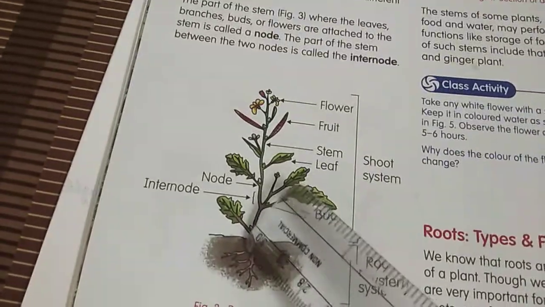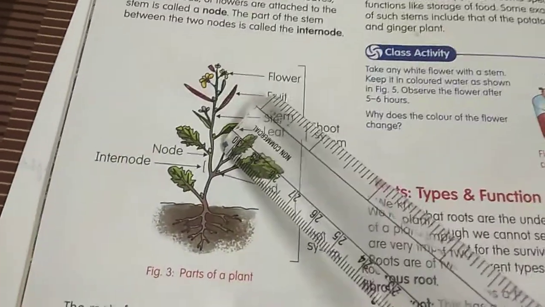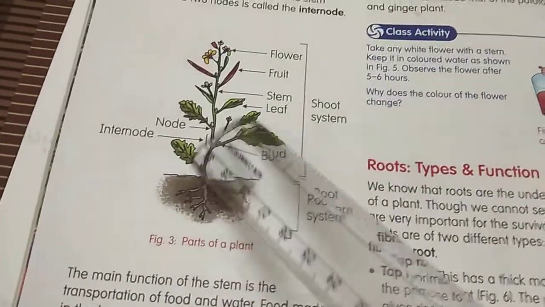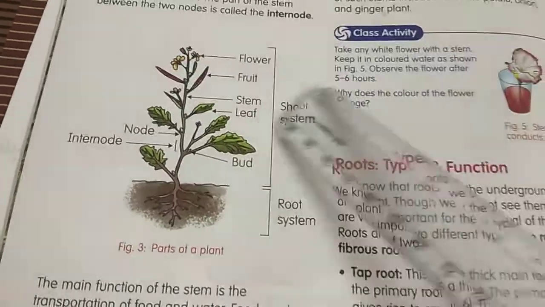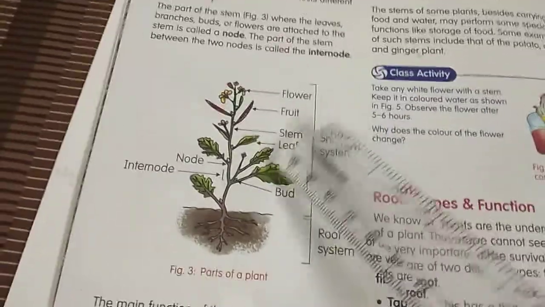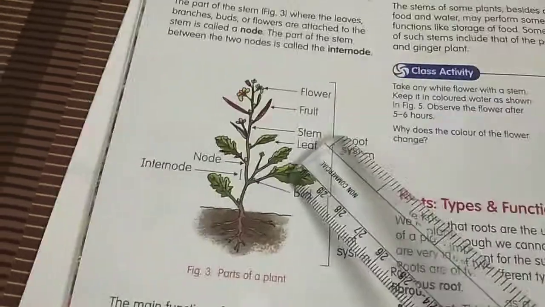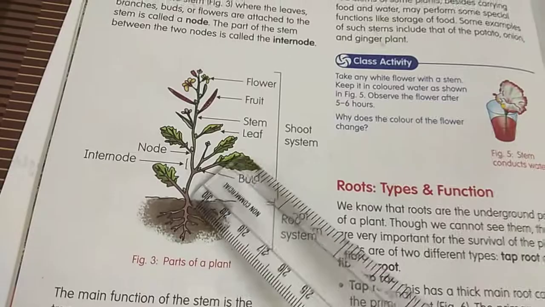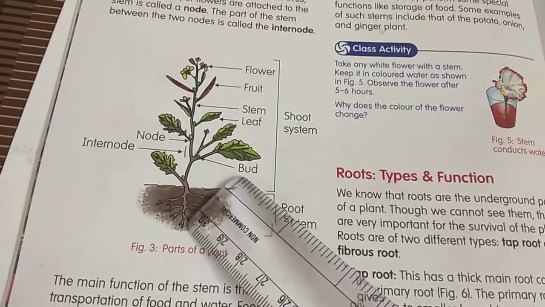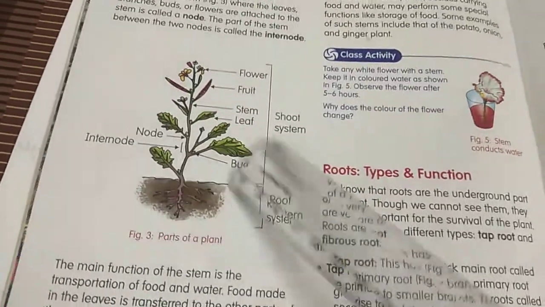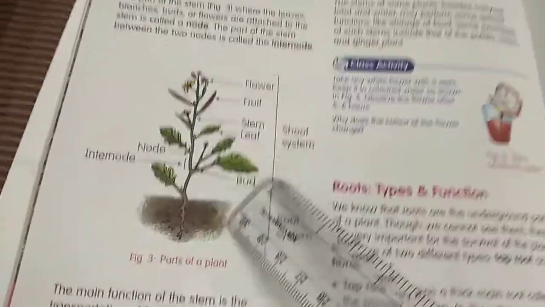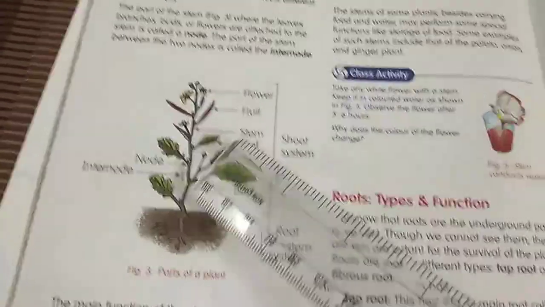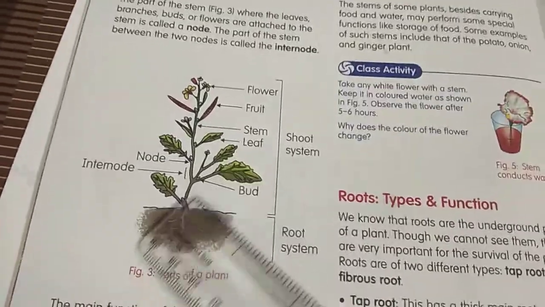So here small holes, straw-like structures you can see. Through one tube from the ground the water will go up and go only to the leaves. Then after preparing food in the leaves, the food through another tube will come through this stem and reach each and every part of the roots. Only then roots can function, that is, they can grow. If the food comes down, they will grow, they will absorb water.